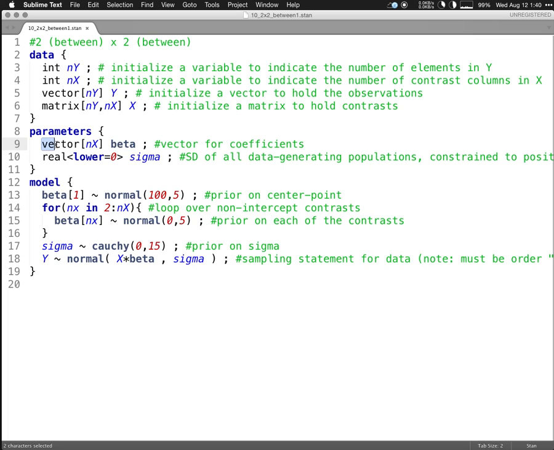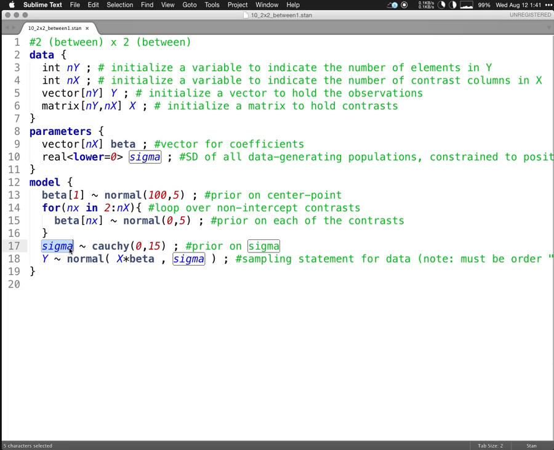And that will just be a nice collector object for those values that we otherwise would have had as separate parameters: intercept, contrast 1, contrast 2, contrast 3. Otherwise, we still have that sigma parameter in there. And sigma is treated exactly as before. So we have our Y data coming in. It's distributed normally with sigma standard deviation. We've got this probably unrealistic Cauchy prior for error